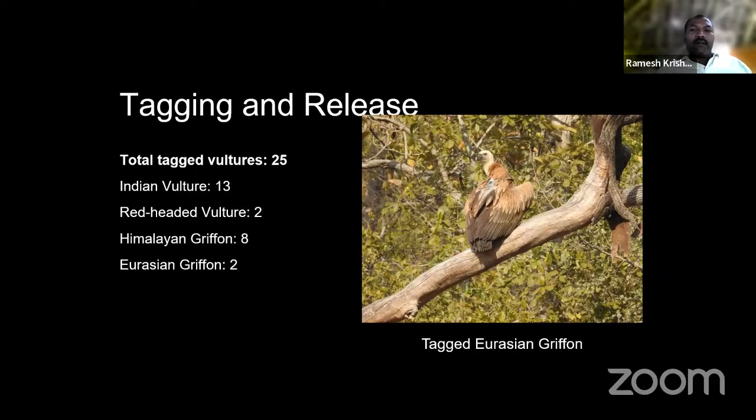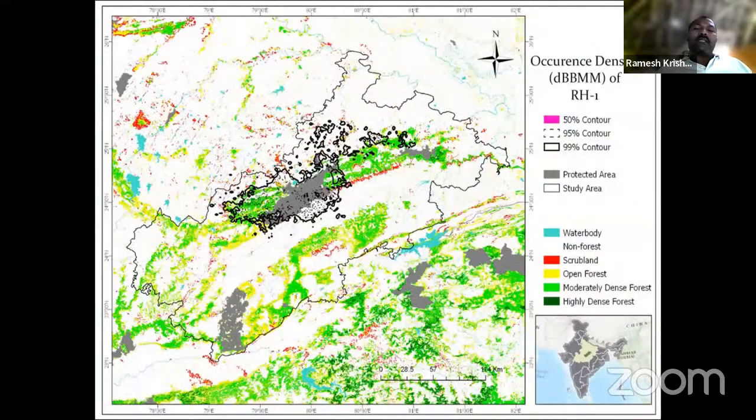And so these are the number of things. Once we have released them, you could see this. This is again an eye-opener for us. The vultures are using most of the protected area as a refuge, but they're going all around. Probably they're also coming all the way to Banda and going east. So they're ranging all across. Very interestingly, they've been closely following some of the small forest areas, even for perches and things like that.